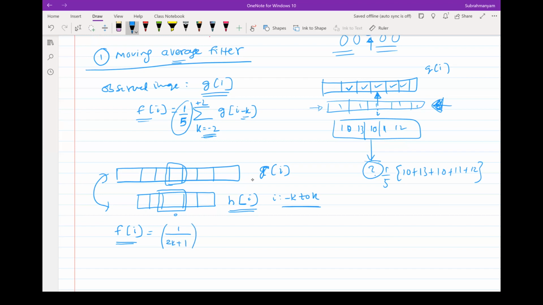Very good. Then tell me now, some summation, and since I used k here, let me use some other variable u. Now my u should vary from minus k to plus k. Very good. And now tell me what should come inside. h of u into g of I minus u.